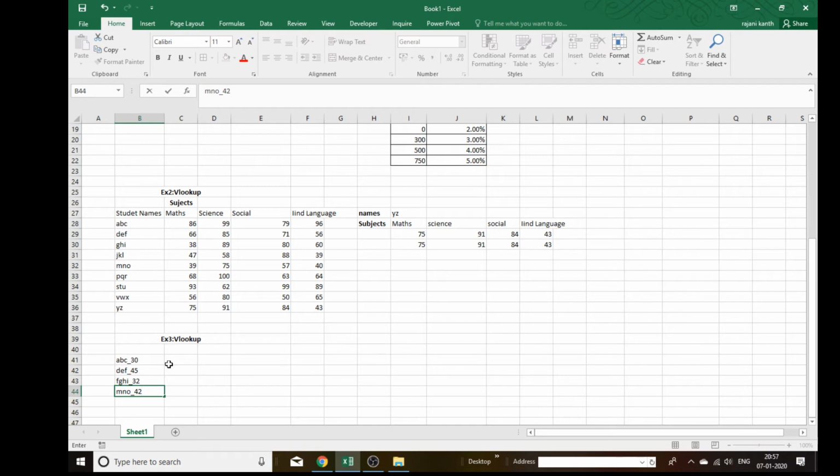Now, how to do VLOOKUP if you have data like this? Take this one only. You need these all as names underscore ages. These are all ages. Okay.